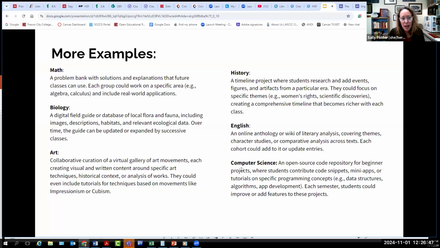In a biology class, you could have students create a digital field guide or database of local flora and fauna, including images, description, habitats, relevant ecological data. Over time, the guide can be updated or expanded by successive classes. For art,